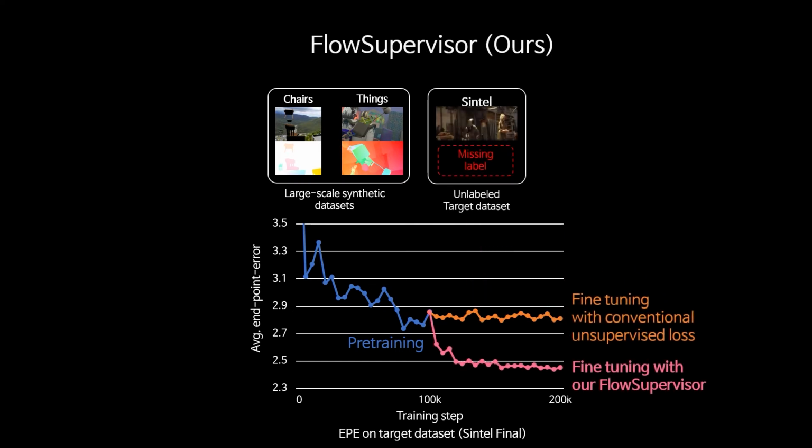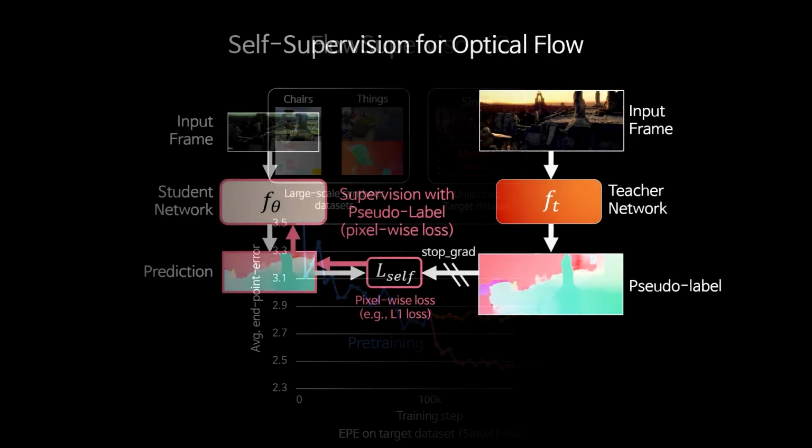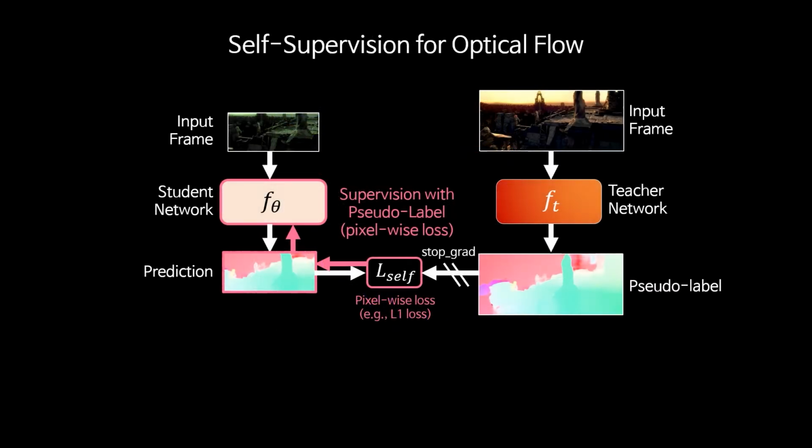Thus, in this paper, we propose to use our FlowSupervisor to minimize errors in the target domain. In this case, we use both the labeled and unlabeled datasets. It results in semi-supervised fine-tuning, which is better than the other method. We use a self-supervision framework with a student and a teacher network. Here, the teacher network predicts a pseudo-label and is used to update the student network if the ground truth is